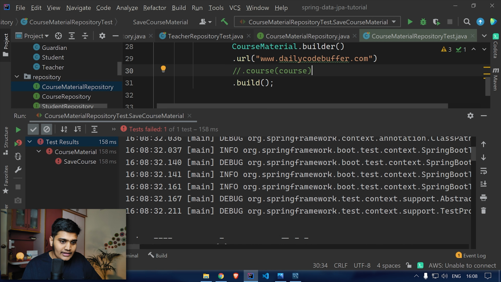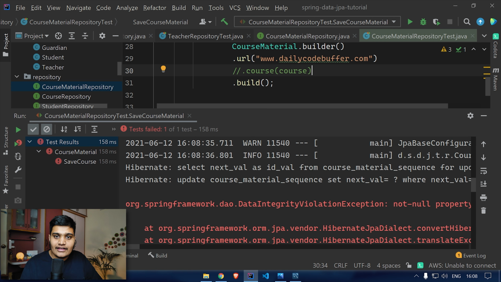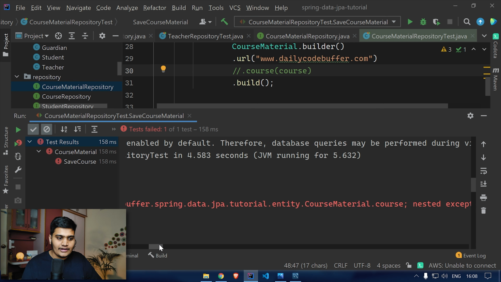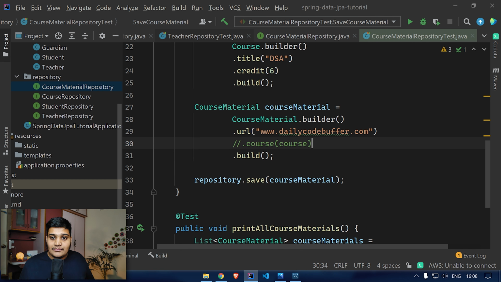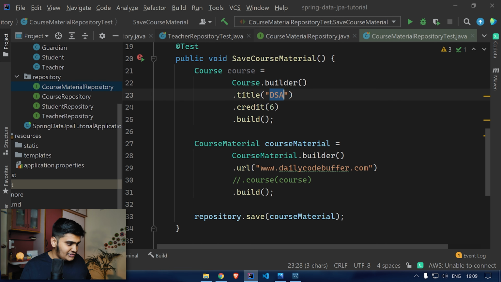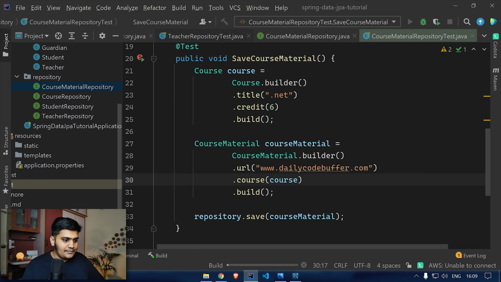And here you can see that we got the error. What it is asking here is data integrity violation exception, non-null property reference to a null or transient value for this particular course. So that means this is forcing us to add the course over here. Now let me just change the name over here. I'll just say .NET. Now if I add this particular course back for this particular course material, then only it will run now. See,